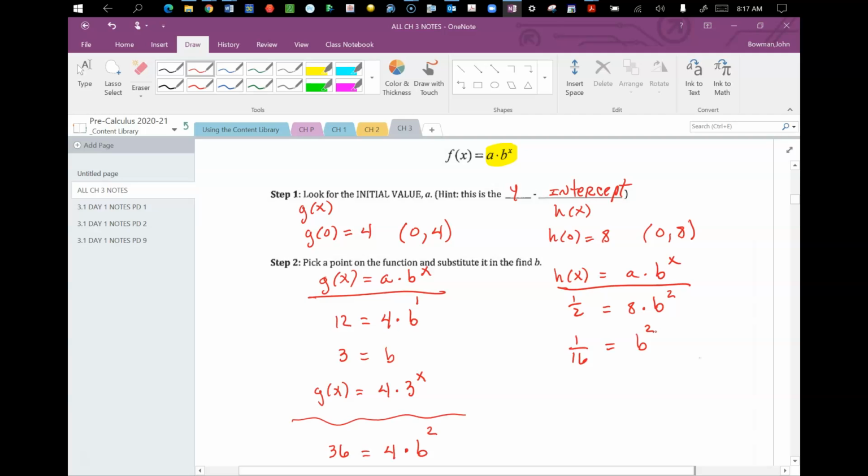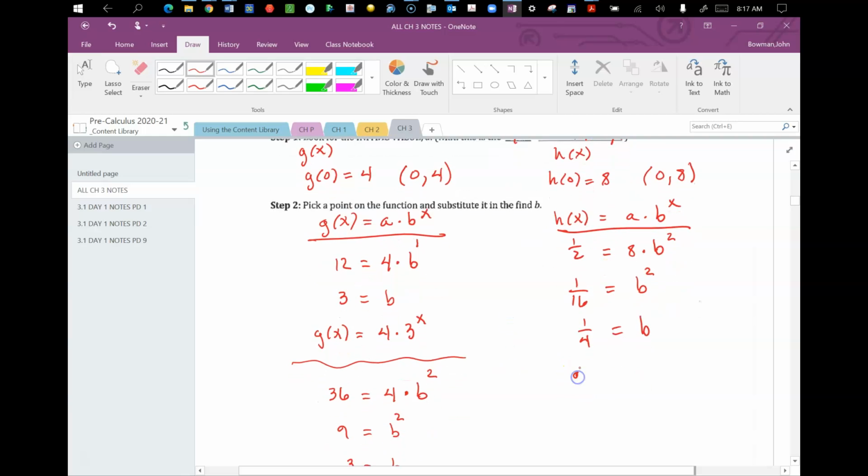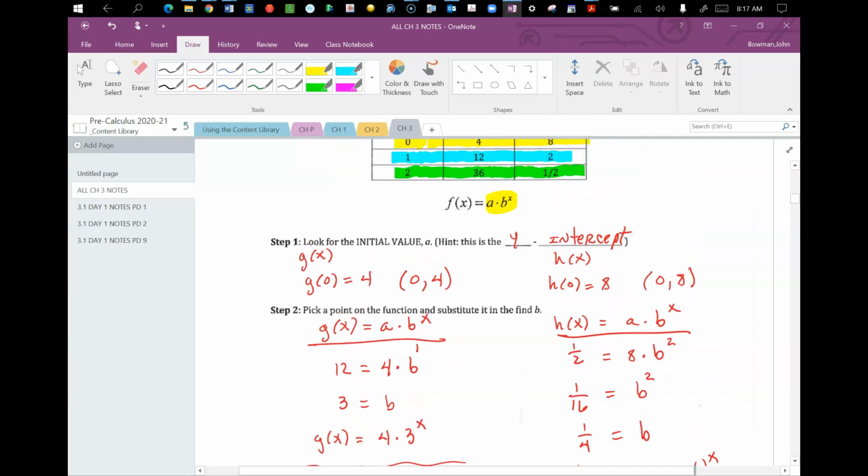If we were to take the square root of both sides, we would have plus or minus 1/4 is equal to b. But we throw out the negative because b has to be a positive number. So we know b is equal to positive 1/4. Therefore, our function h of x is equal to 8 times (1/4) to the x. And that will work no matter what points you use other than the